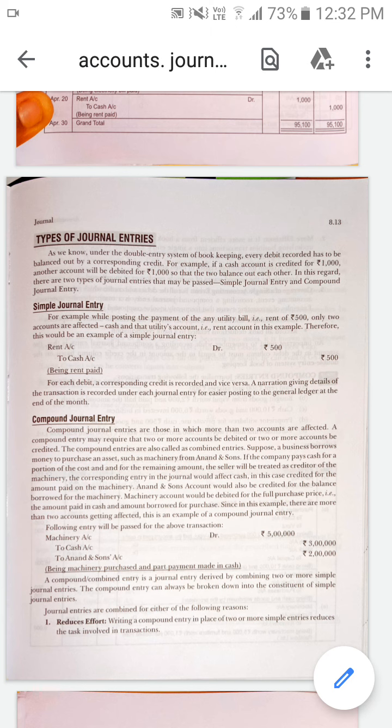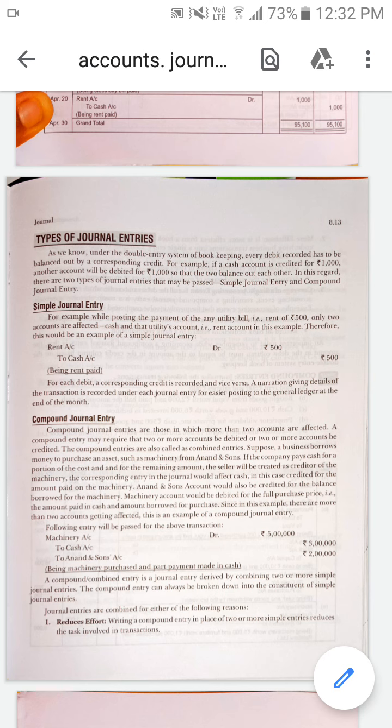We already studied that whatever asset is purchased, if cash is paid it is a cash transaction, and if cash is not paid immediately and the name of a person is involved, it is a credit transaction. So in this example,